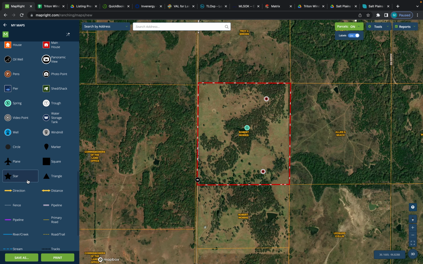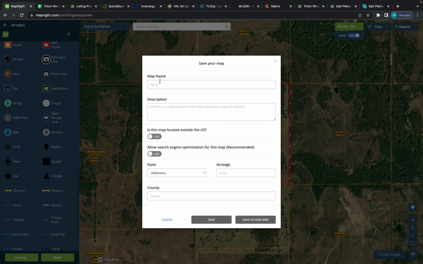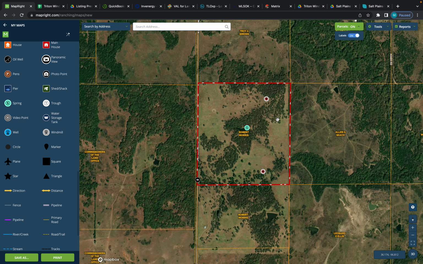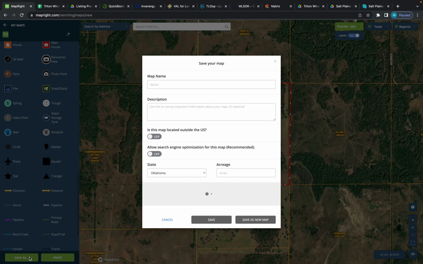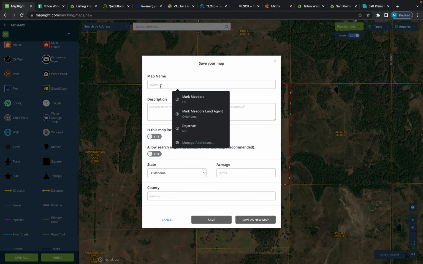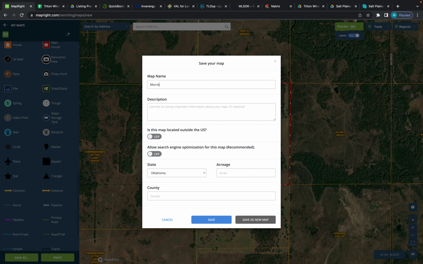So once you've done that, you've created your map, you've got all your features located on there, and you're ready to save this, you would go down here to Save As. And how we save these maps is by the last name, which is usually stated second on here. It's usually first then last name. On a lot of these, sometimes it can be backwards, but this one's Robert Morris. So Morris would be how we would save it, and you know it's a quarter, so you would say Morris